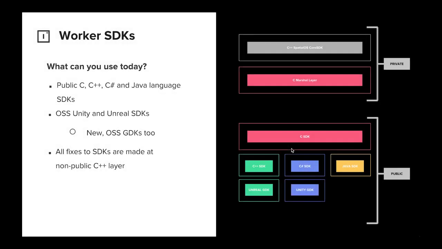Cool. So what's actually available today? If you sign up to SpatialOS today, what do you get out of the box? So we have several layers. At Improbable, we strive to write as much C++ as possible. But we understand that some developers don't necessarily want to write that, and also some engines don't support C++. So from a technical point of view, we marshaled all of that memory management through a C layer, and we offer a public C layer, a C++ SDK, a C# SDK, and a Java SDK. The really cool thing about these is our Unreal and Unity products use those low-level language SDKs. And any bug that's found in the public-facing SDKs gets fixed in the lower-level core SDK, which is super nice.